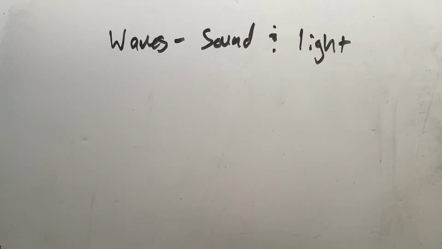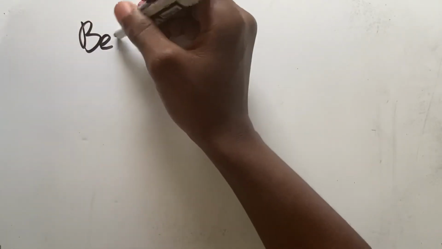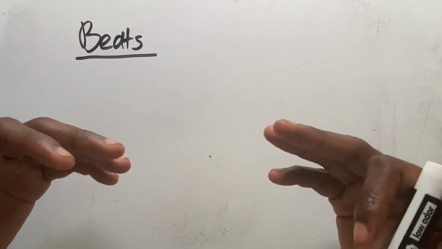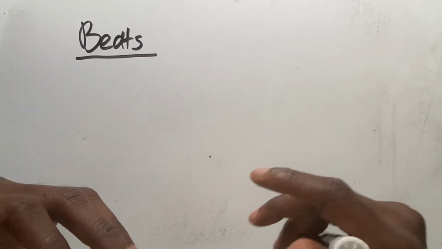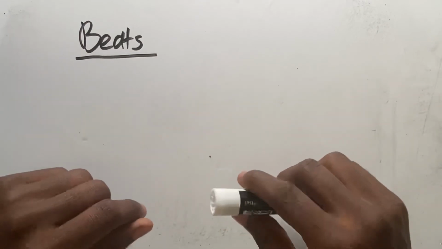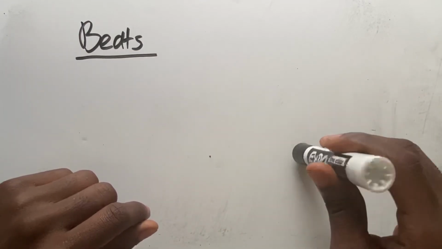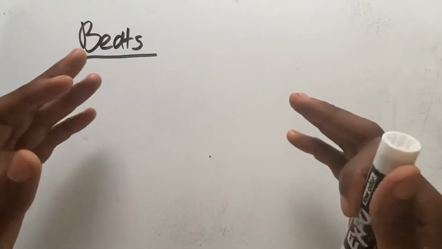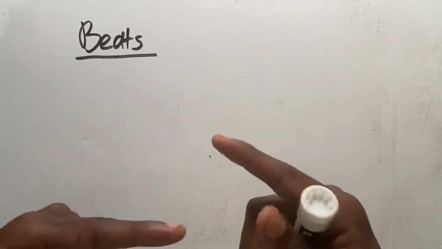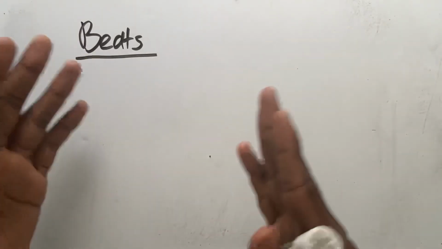Okay, so now let's talk about beats. So a beat is basically, I would describe it as a pulsation that you hear, from a sound. Usually it's periodic, right? But a beat happens when there's two sounds interacting with each other, and they cause some kind of pattern, some type of beat.